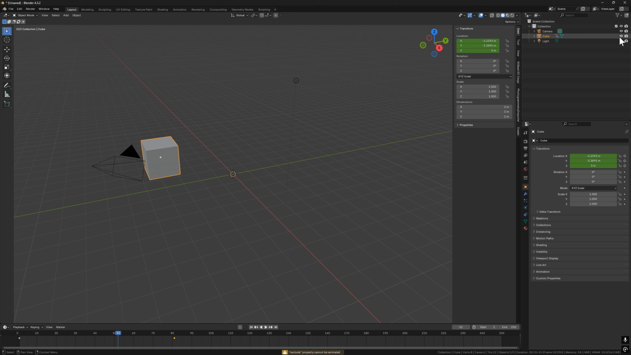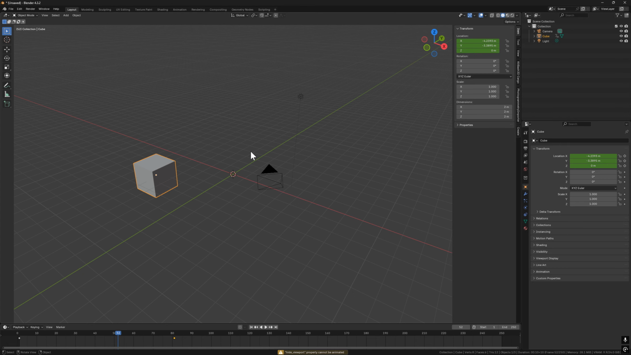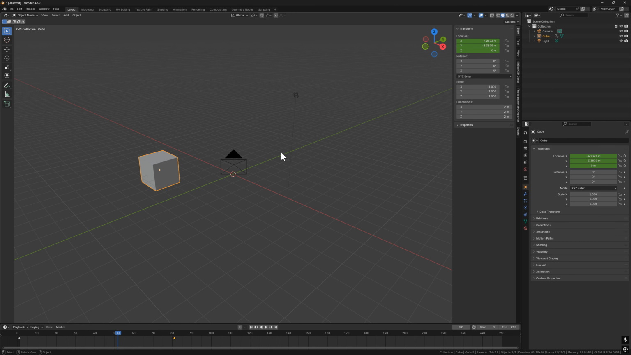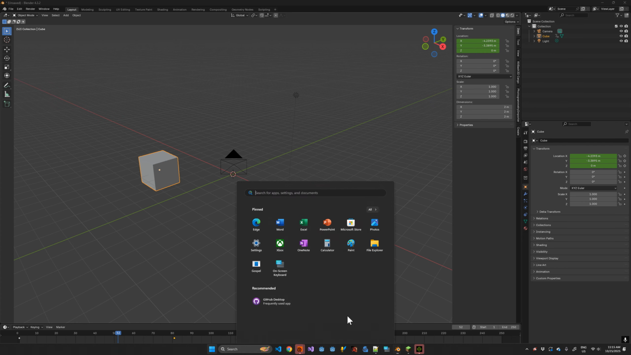Actually you cannot even animate the visibility property, which causes a lot of problems when you are doing motion graphics, because you need to have a way to hide those objects that you do not need at any given moment. But that I think is more like a limitation of Blender itself, because if you go outside of Blender,